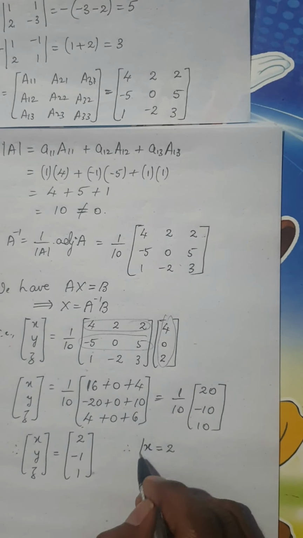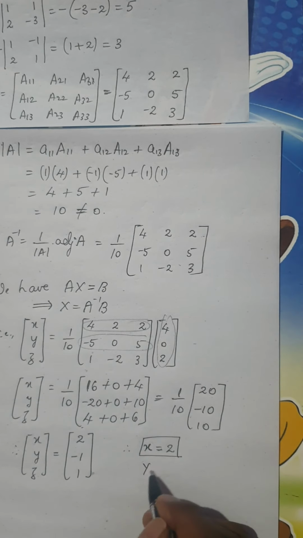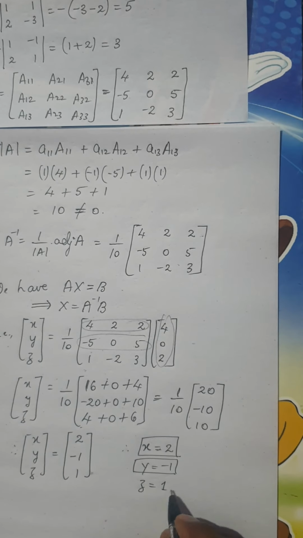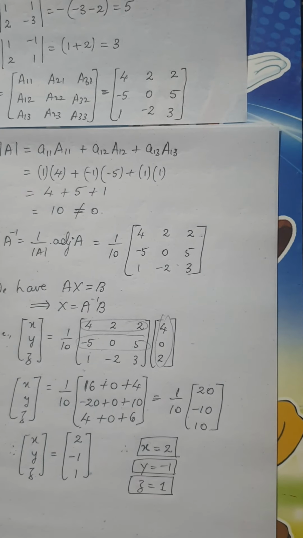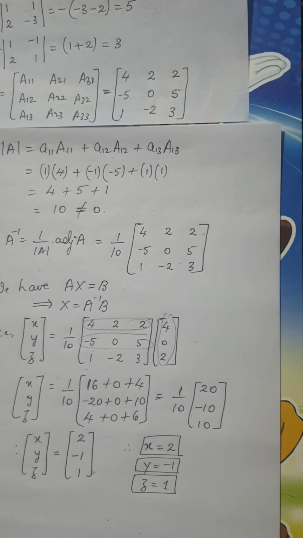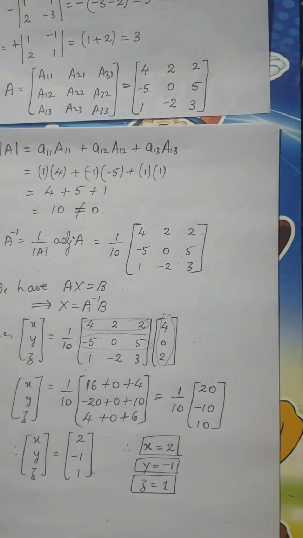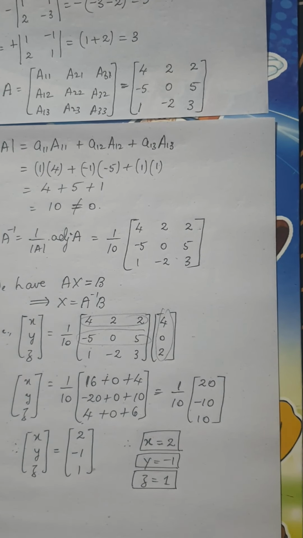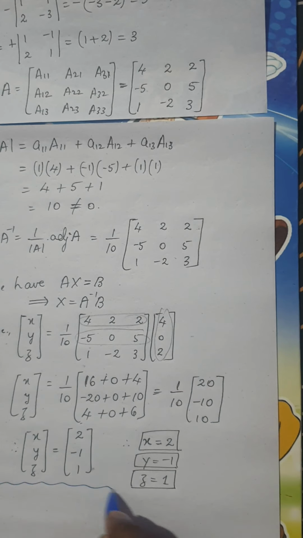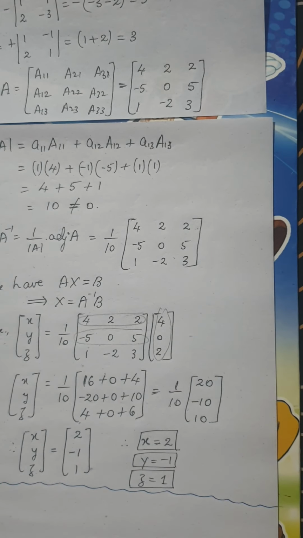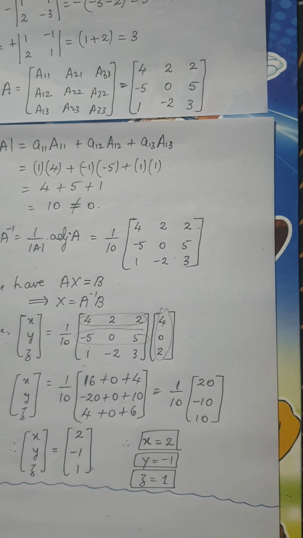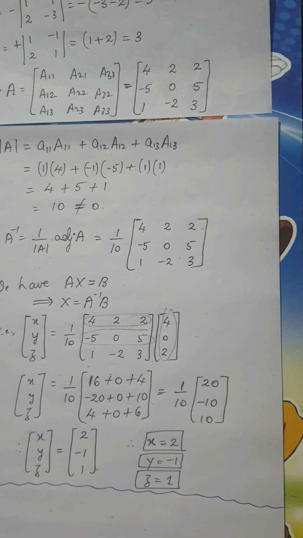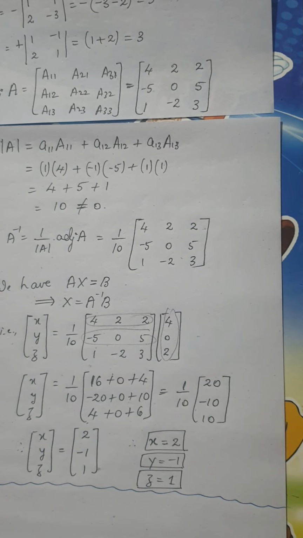Kindly don't leave here, I want to find out the value of X, Y and Z. So X value is 2, Y value is minus 1 and Z value is 1. Okay, so this will complete the procedure of finding the solution of the system of linear equations by matrix method. Please be very careful, because you at least need 10 to 15 minutes to solve this one question. If you go wrong somewhere, that 15 minutes would be a waste of time. So that's why please be very careful.